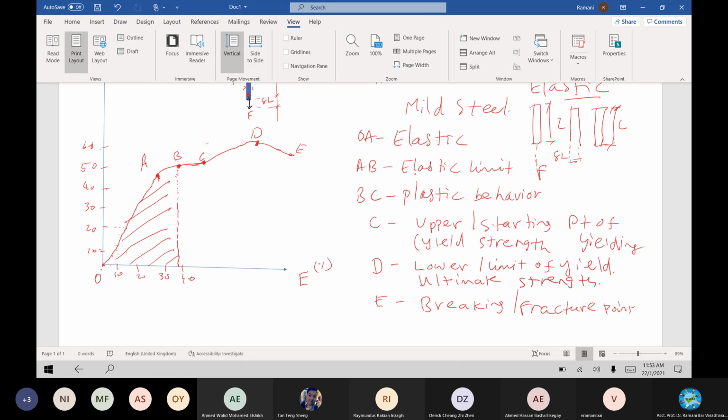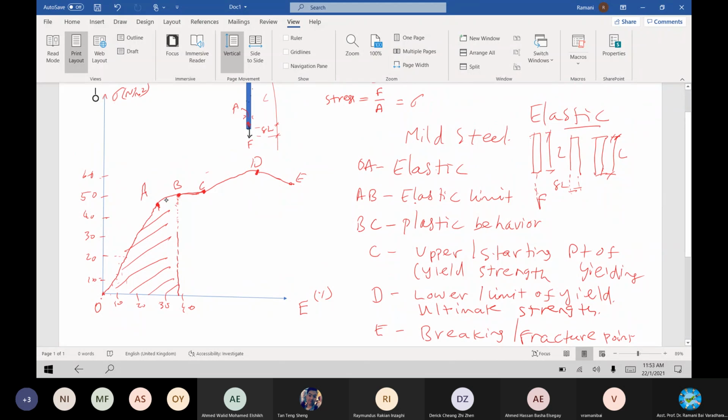We will have a different type of graph for that. We will analyze that later. For now, I say here, there is no loading or almost a constant loading per unit area, still the strain is there, elongation is there, the deformation is there, right? Change in length is still happening.